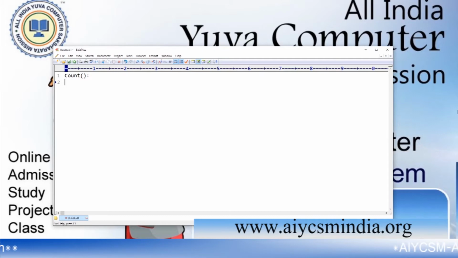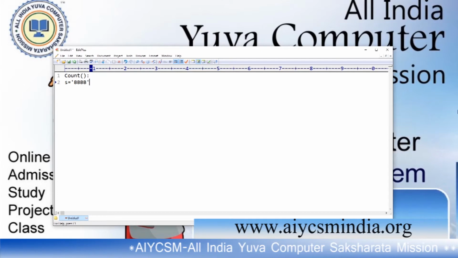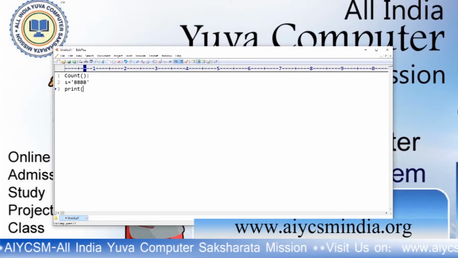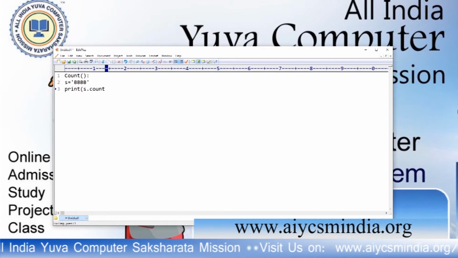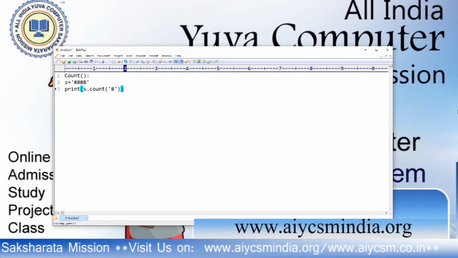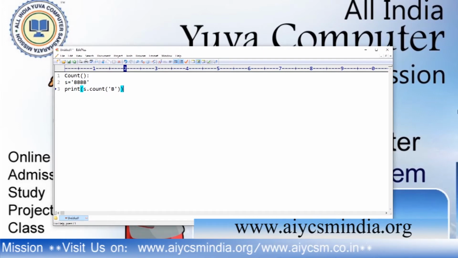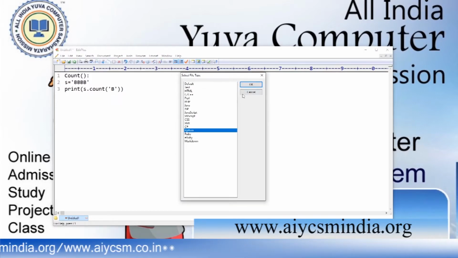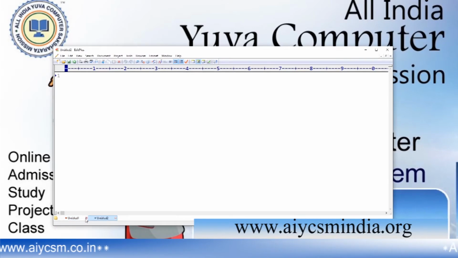If we take a value like that, and if I want to count this value, then it will return how many times B occurs within this string. So I don't want to type in there, I just want to open my Python browser, and now I have to write the program.